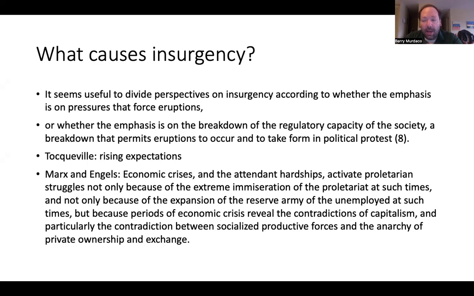So Piven and Cloward basically look at various schools of thought here, right? And they say there are basically two main schools of thought. One, basically, is economic forces that create discontent among people, which is probably the more commonly known school of thought. It says here, what they call pressures that force eruptions, basically meaning economic pressures for the most part. Or they say another school of thought basically focuses on what they call here the regulatory capacity of